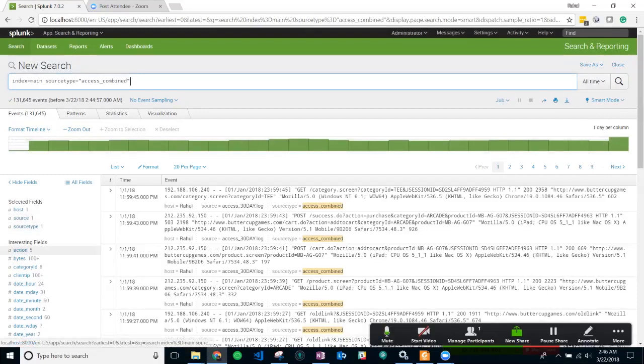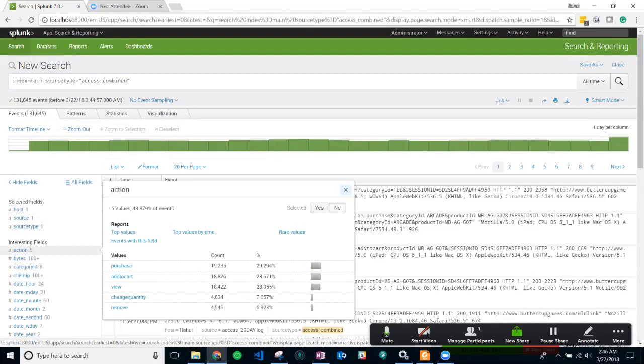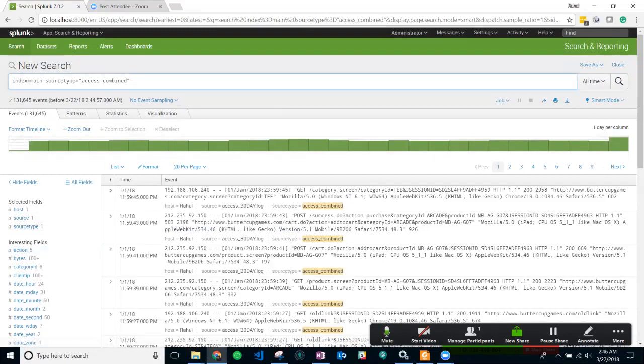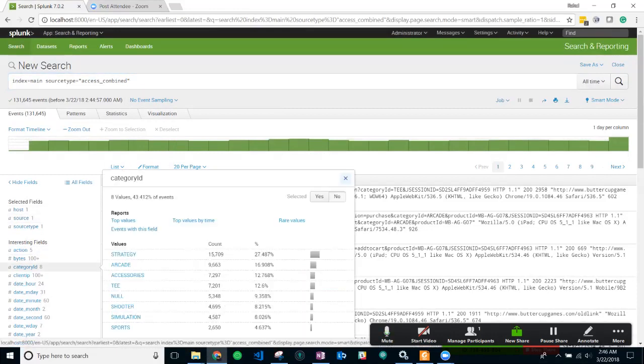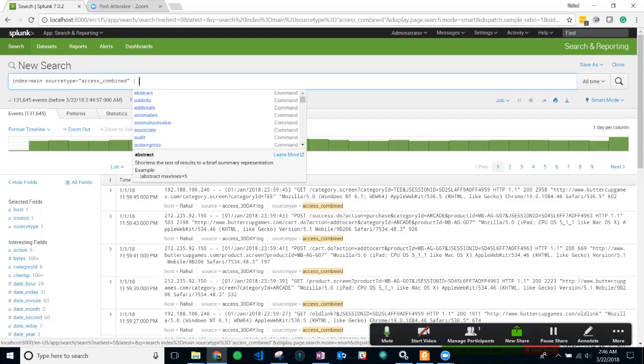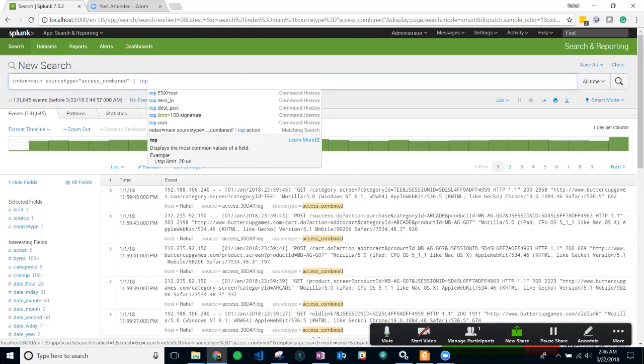So let me go to the action field. We can see our users can purchase, or they can add our product to cart, or they can just view it, or they can change the quantity, or they can remove it. Now I want to see what are the top actions, or what are the top categories, like strategies, arcade, accessories. So these are the different types of categories. Now I want to check only what are the top actions that have been performed by my clients. So let me use the top command, top, and